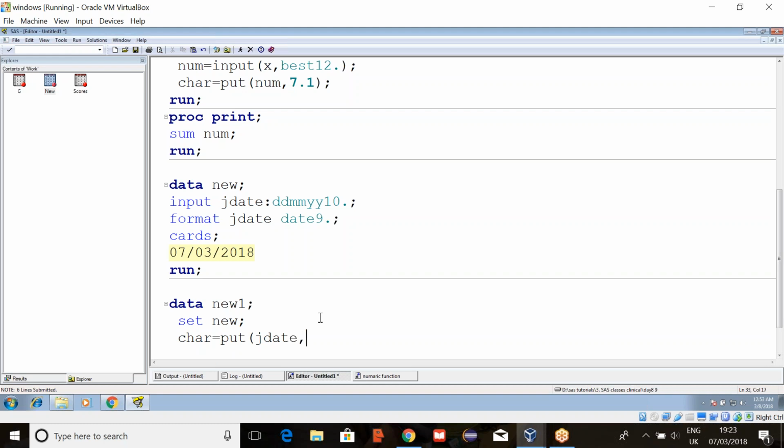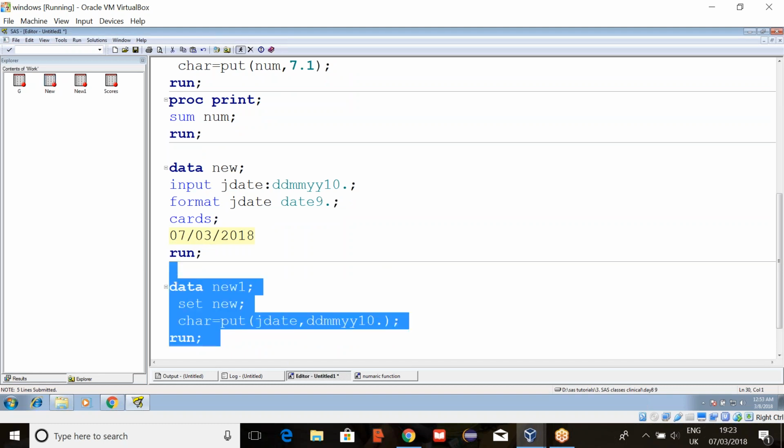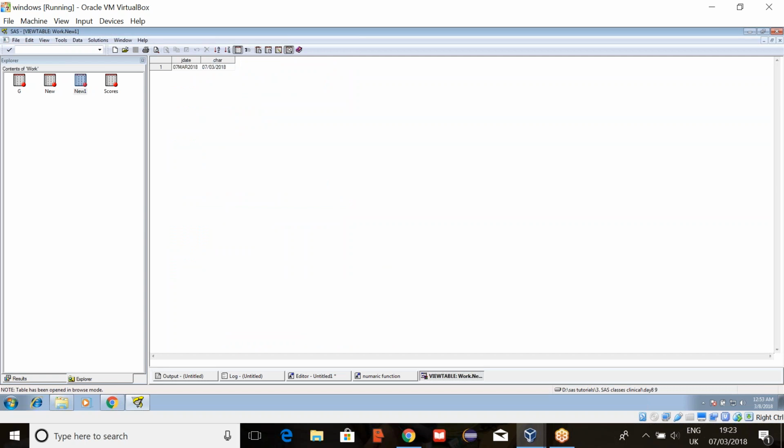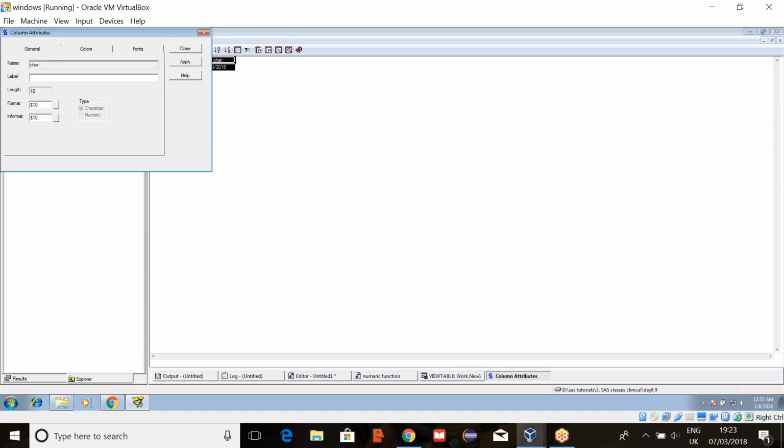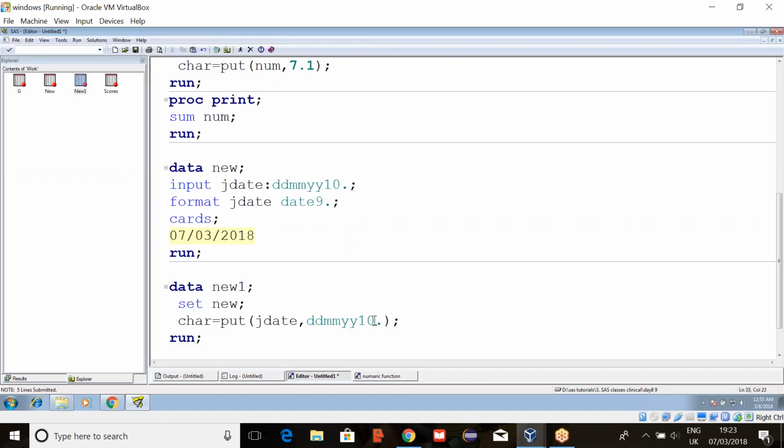So here I want to take ddmmyy10. Now it will print in a ddmmyy format. See, the type of the variable is character and the length is 10. Why is it 10? Because here the length we have given is 10.